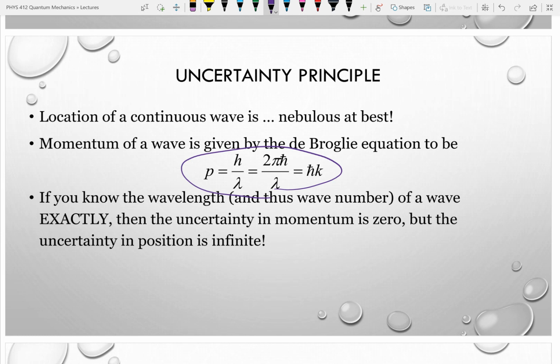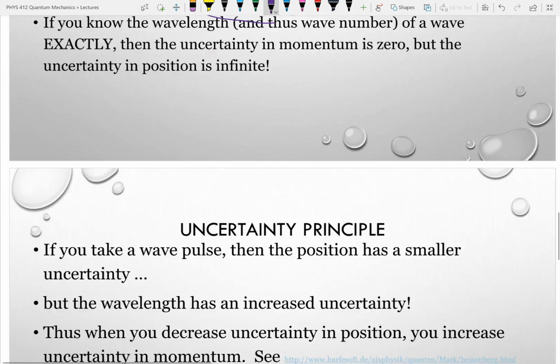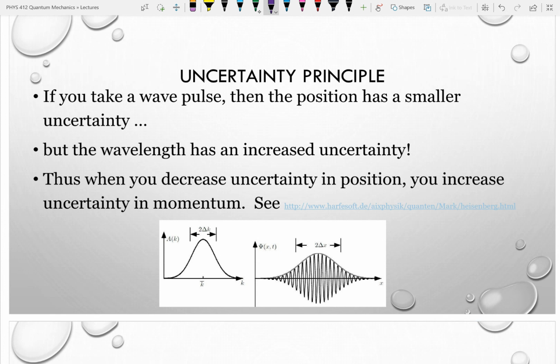That's where I was trying to draw a wrong conclusion. That's just relating the wave numbers or the wavelengths with momentum, so that we can look at these graphs and say the uncertainty in k, in the wave number, or the wavelength if you prefer, is a proxy for the